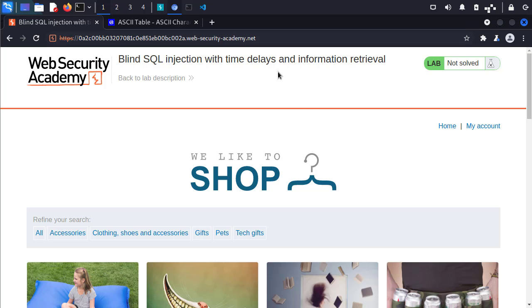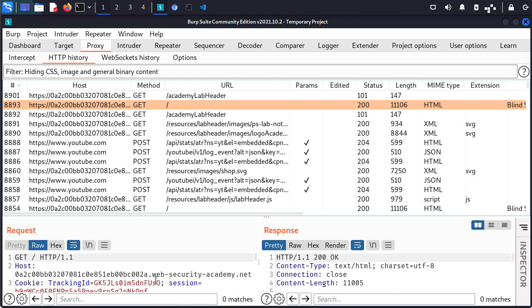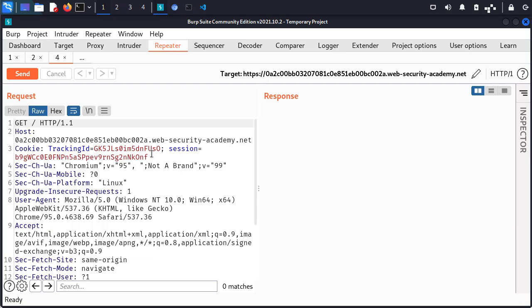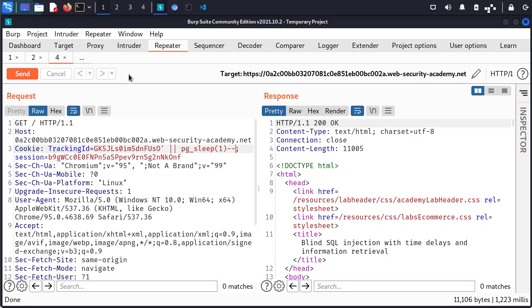Let's check it out. I'm going to go ahead and open up Burp and send to Repeater. And I'm going to do a single tick to close out the string. I'm going to do these two pipe characters in order to concatenate our result. We're not actually requesting any information, but according to SQL, it thinks we are. So that's why this is useful. And then we're going to do pg_sleep(1) for 1 second, and then dash dash to close out the rest of the request. And you can see that it takes, in the bottom right corner,